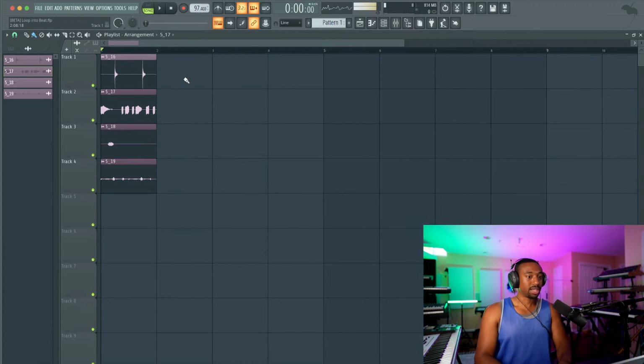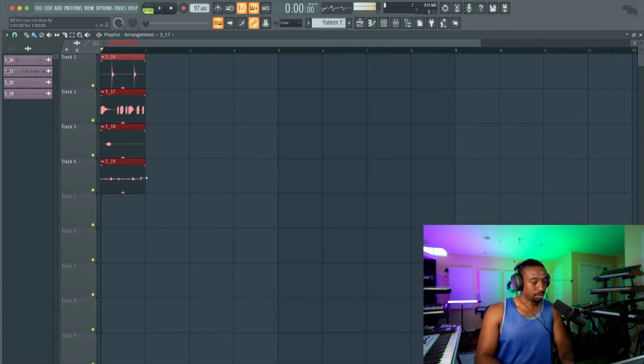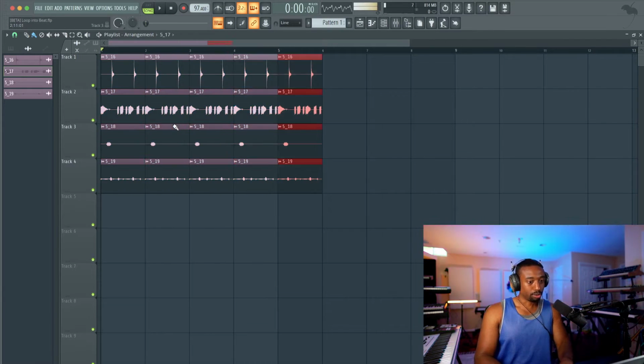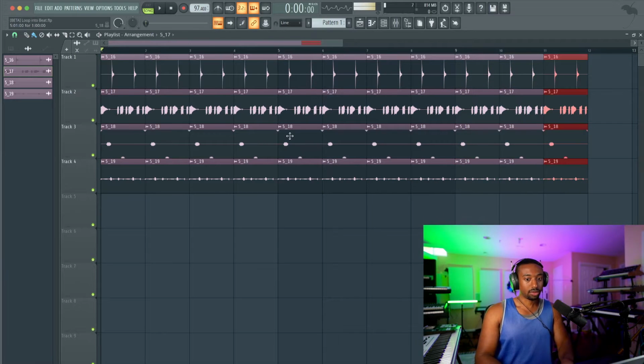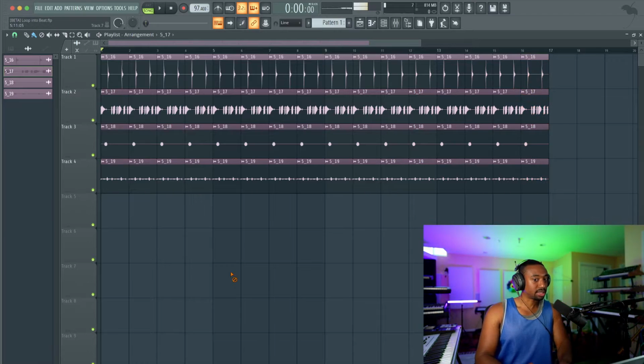So the BPM was 97.4, very specific. First thing I'm going to do is make sure the tempo's right and then hit Control B to latch paste. You have to make sure that your bars are cut perfectly at the bar before you latch paste. Let's paste out about 16 bars.